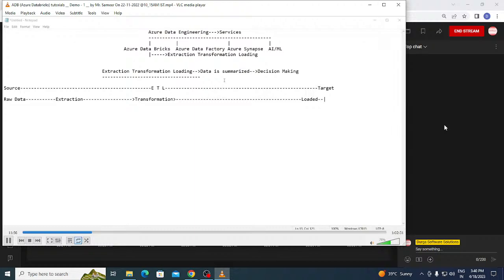From the raw form, all the five vegetables you will pour into a bowl, and you will cook it. That means you're converting the raw form of vegetables into cooked format. Am I right or not?